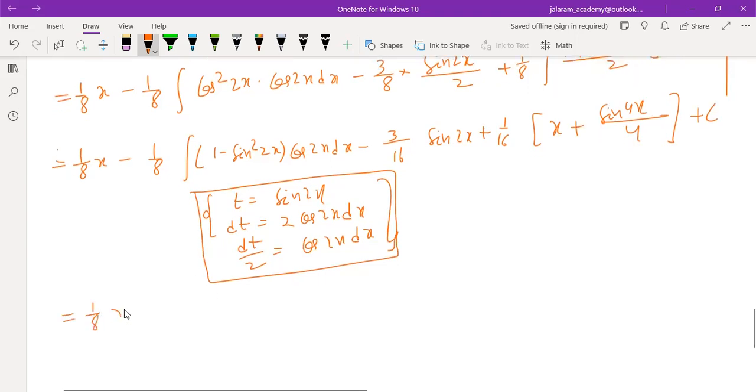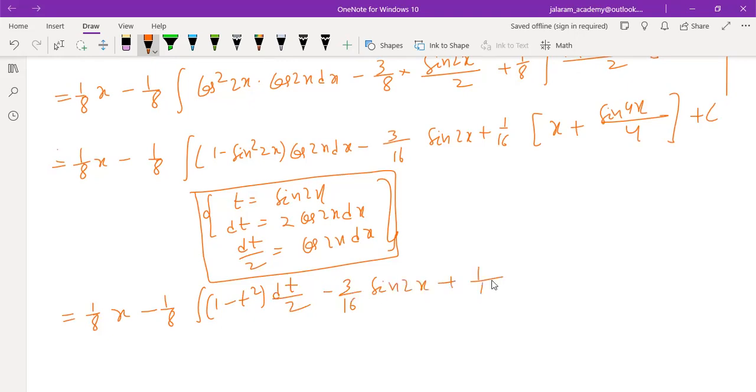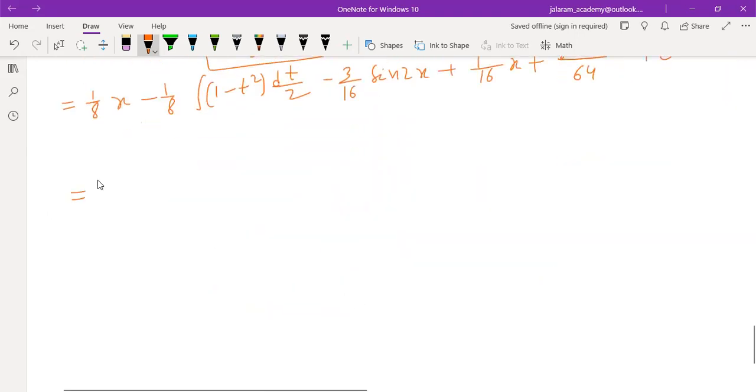First remains 1 by 8x minus 1 by 8 into integration of 1 minus t square in place of cos 2x, dt by 2, minus 3 by 16 sin 2x plus 1 by 16 x plus sin 4x upon 16 into 4 is 64 plus c equals to 1 by 8x minus 1 by 8 into